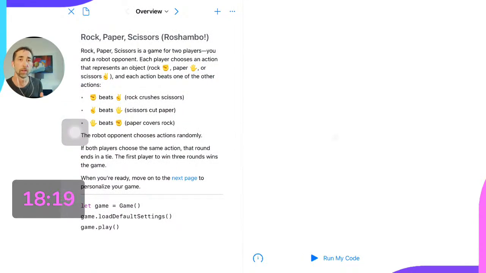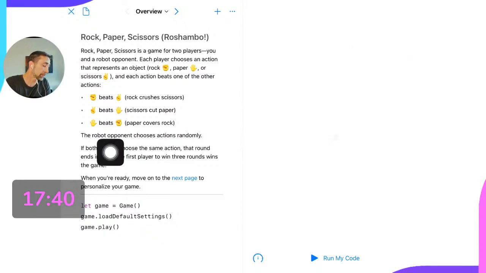And this tells us all about rock, paper, scissors. And now Steve's already explained the game mechanics to us, right? What fist beats which other sign. So we have scissors, we have paper, and we have rock. And he's explained what each one will win over the other one. Very important when we're trying to design a game is we need to think up front about how it's actually going to be played. And the beautiful thing about Swift Playgrounds and this playground itself is that we can play around with it and experiment with different game mechanics and try out different symbols and different signs and see how that works out for us.